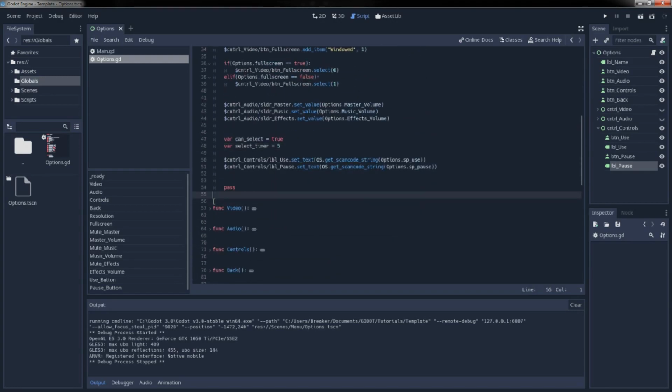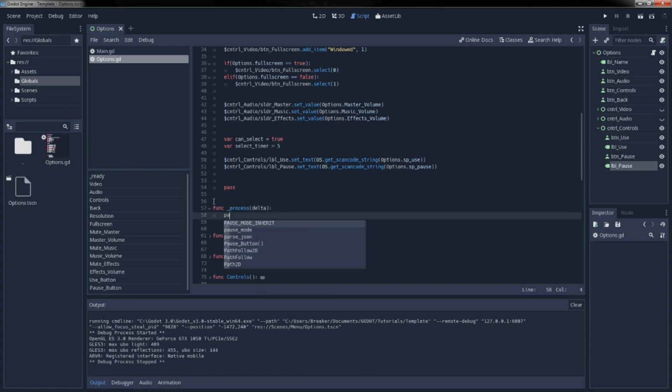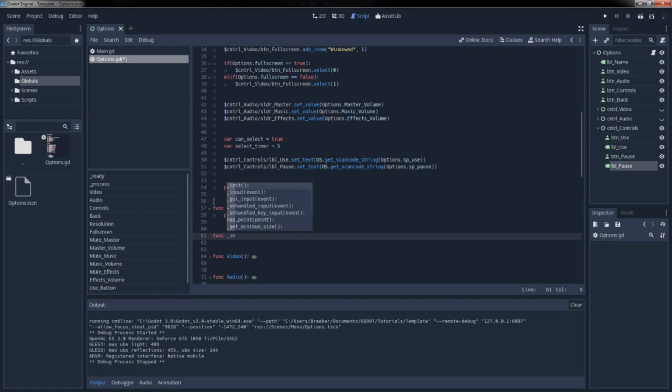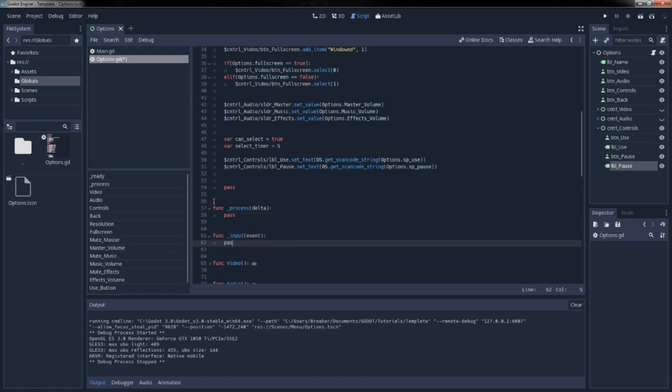So what we need to do now is put in our process function, the one that we always delete. Right here we're actually going to use it, and we're going to create another new one and call it input. The reason we're using input is so that whenever you press a button, it will register in the input function. So in our process function, all that we need to do